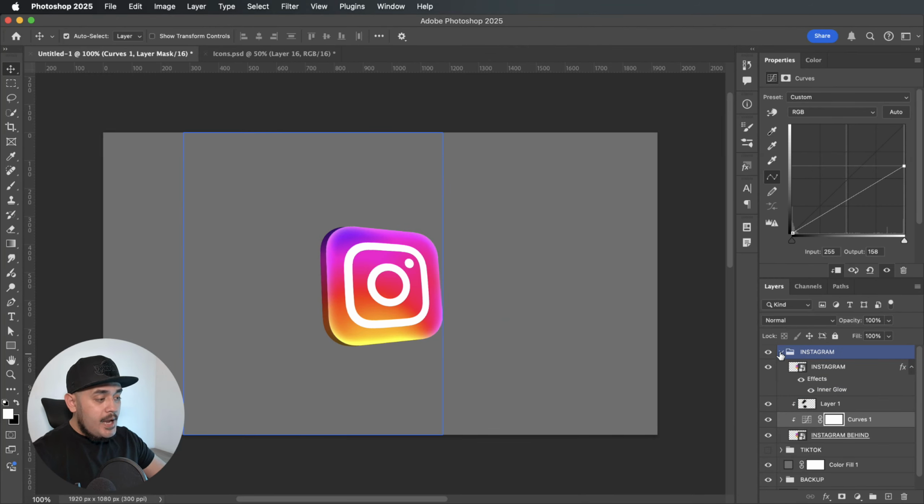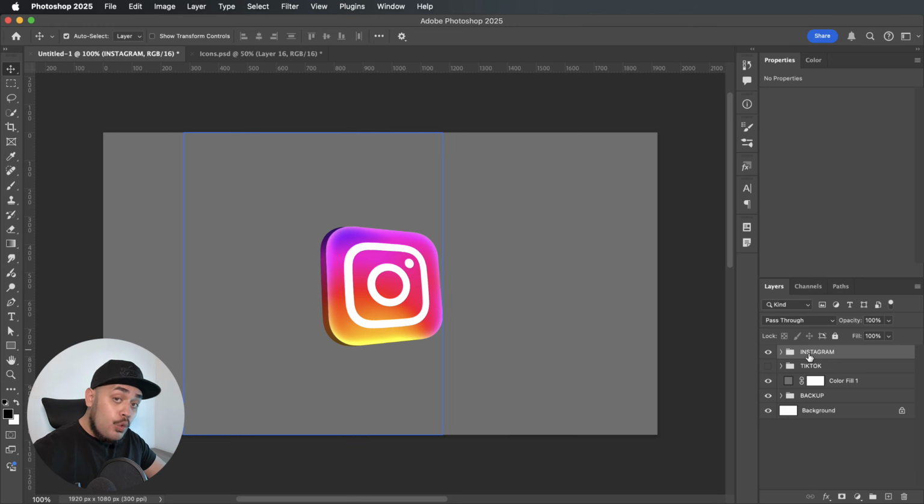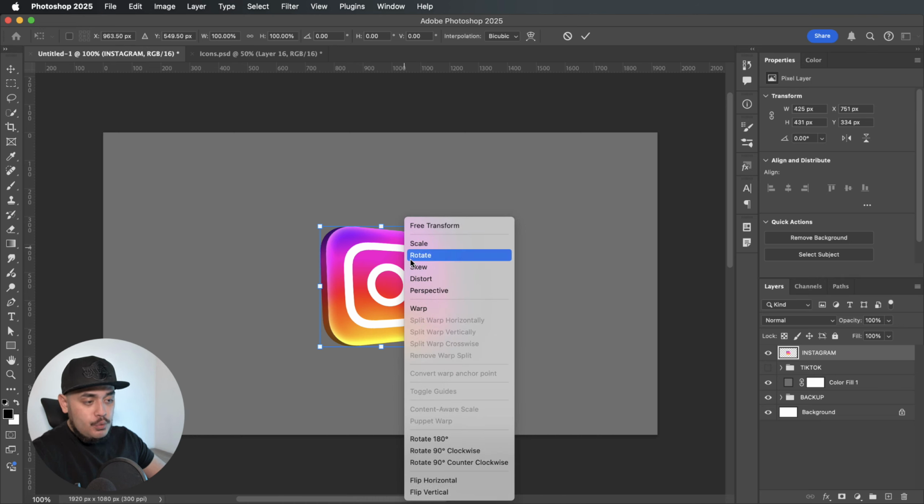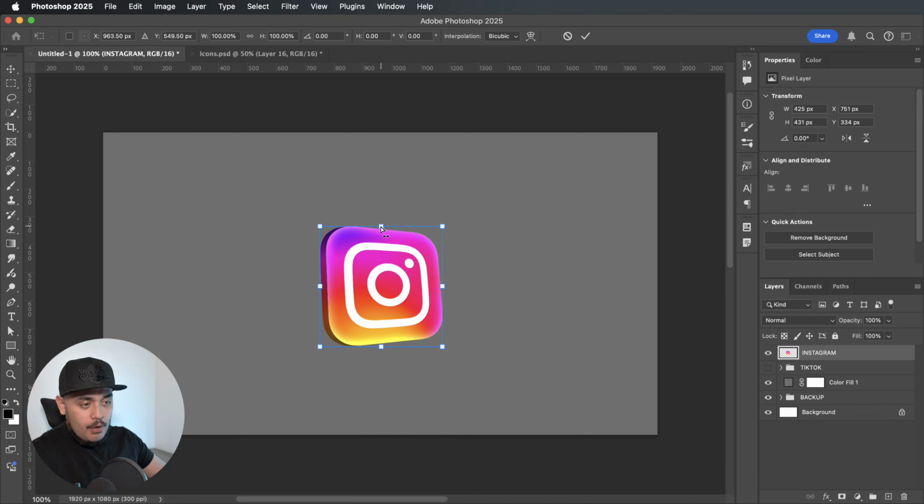And what I will do now, guys, is close the group, and I will press Command or Control and E, and that's just going to merge everything in that group into one layer. From here, you can even press Command or Control T and make some further adjustments. So for example, maybe you want to try and skew and see how that works. Maybe we can just press Command or Control and adjust this point right here ever so slightly